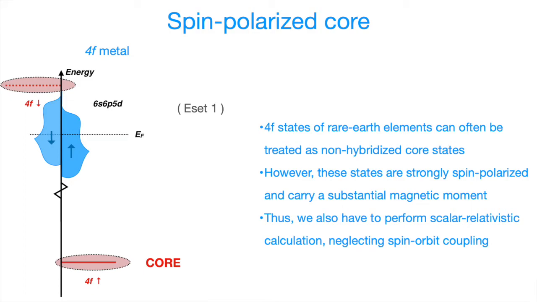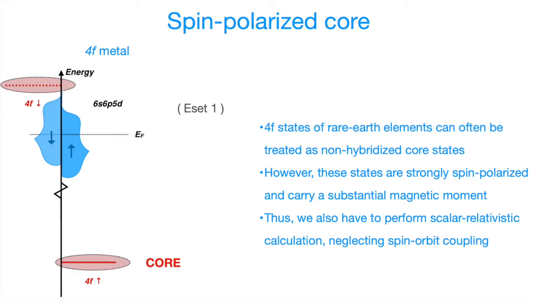We have valence electrons, which are composed of 6s, 6p, and 5d electrons. They form quite dispersed states, which are spin polarized. However, the largest part of spin polarization is carried by 4f electrons, which are extremely localized, but they have to